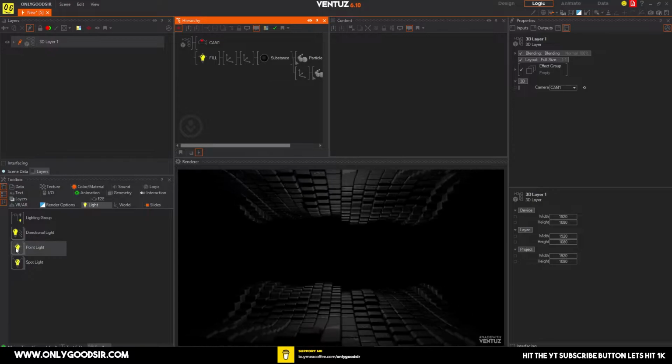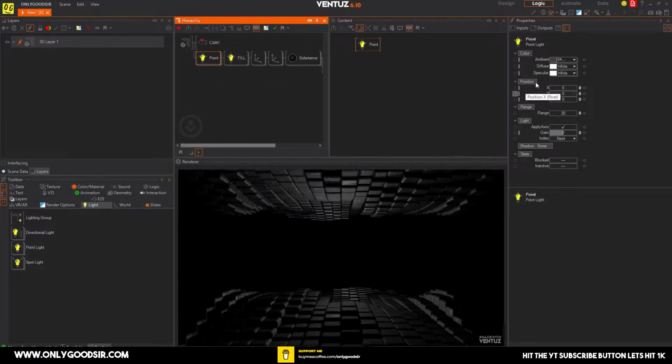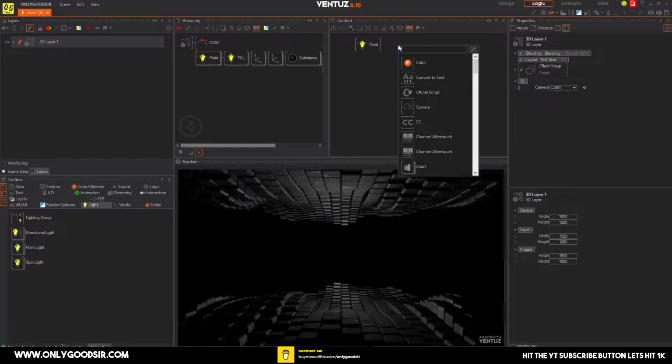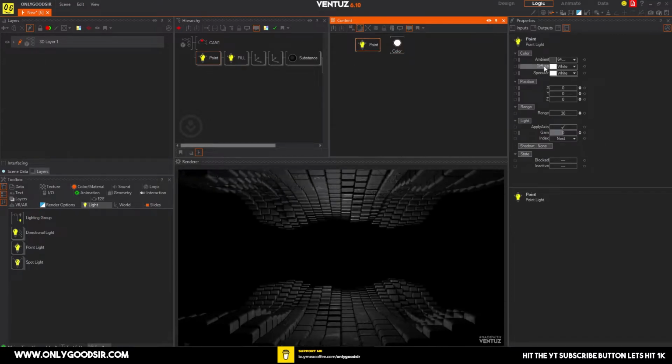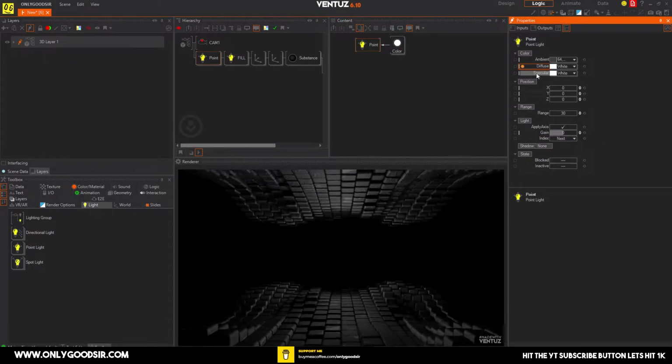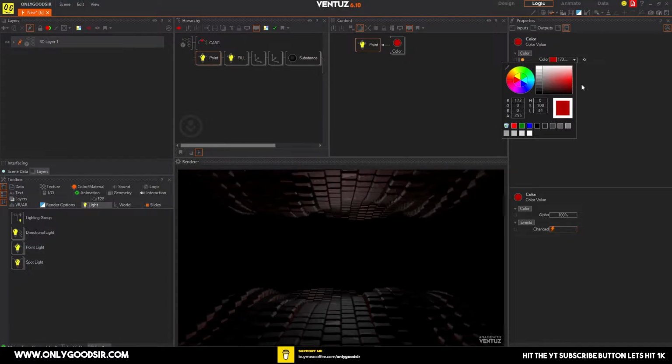Now we want another point light. This one, we're going to add the color value to it. We're going to connect color value to this. And you see, I want to link the diffuse and specular. I want them to have the same color. So I'm going to say red,